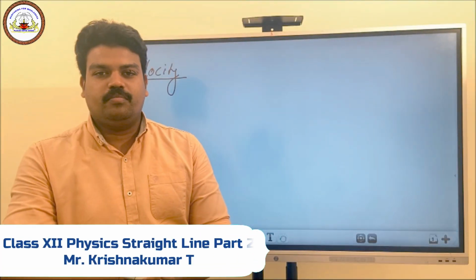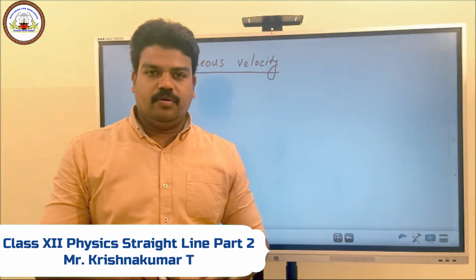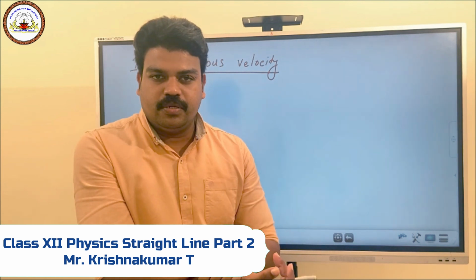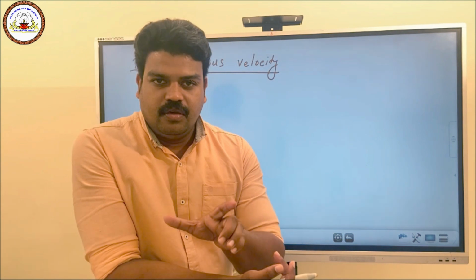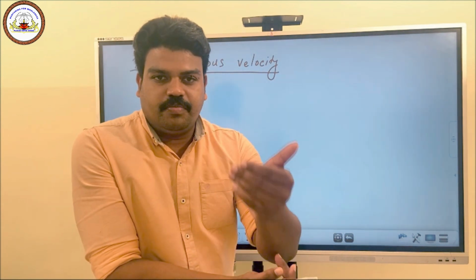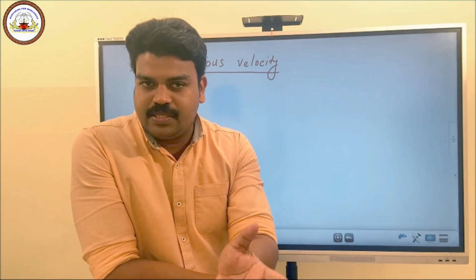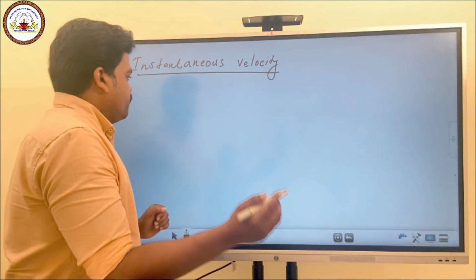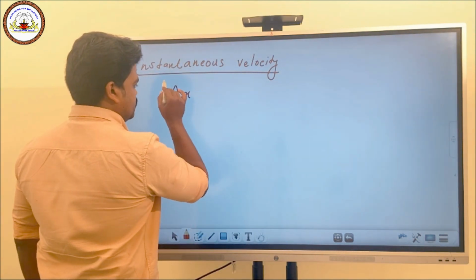Students, welcome back to motion in a straight line. If a particle covers delta x displacement in a very short interval of time delta t, then what is the velocity of that particle at a particular instant t? Then we use a mathematical tool, as we said, differential calculus. That is, if a particle covers delta x displacement